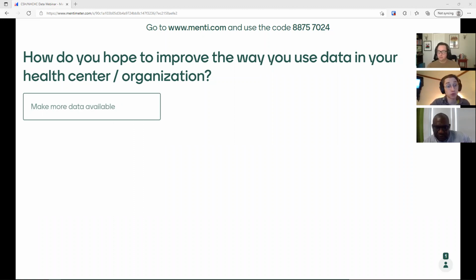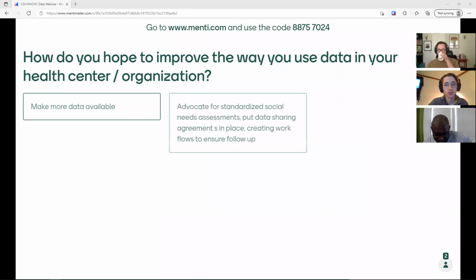Someone said make data more available, or make more data available. Just give a couple seconds for folks. Advocate for standardized social needs assessments, put data sharing agreements in place, creating workflows to ensure follow-up.